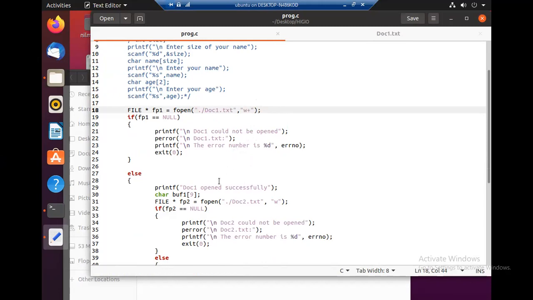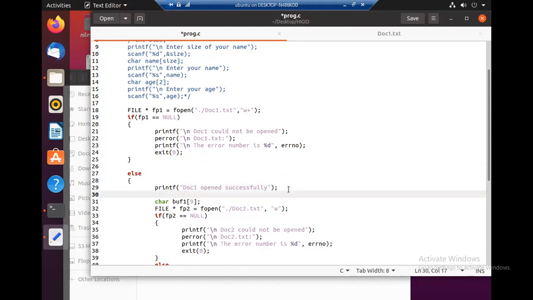Right. So this will say that doc1 opened successfully. Then I'm going to close this one. We have been asked to open and close, because you cannot change the privileges when you have it open. You cannot change the privileges for an open file. You have to close the file. You can call change mode only for a closed file. You learned that last week.